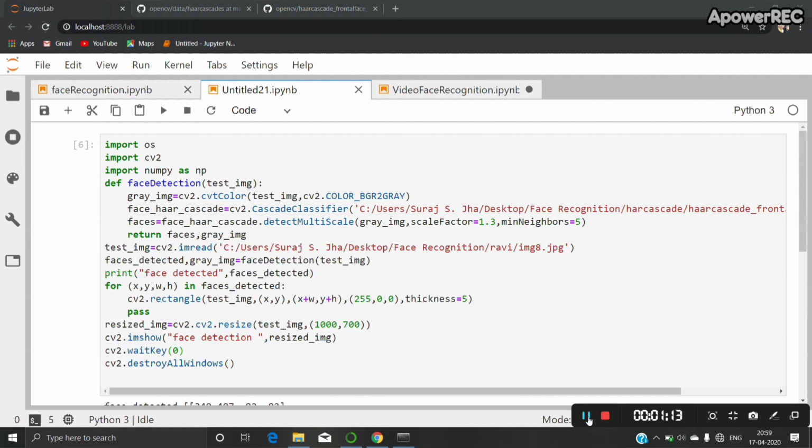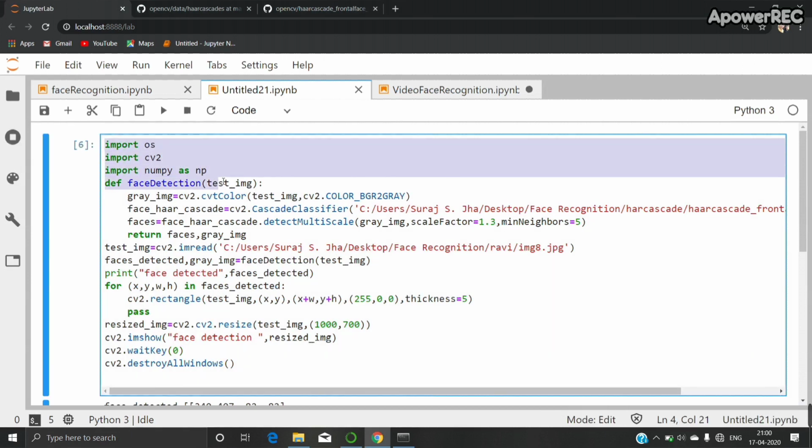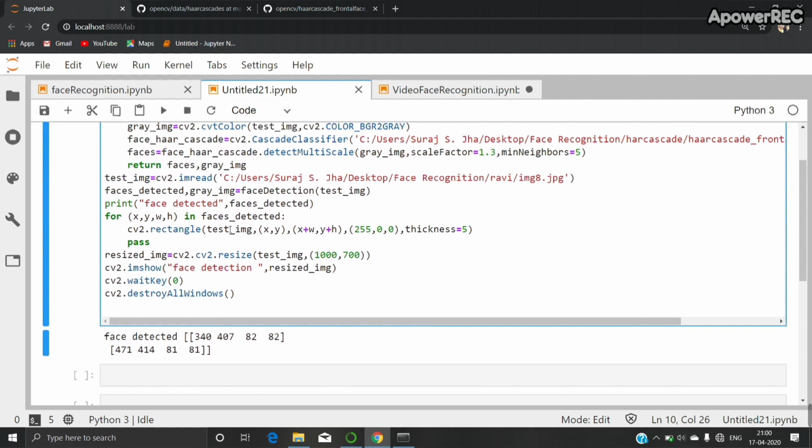For that you have to import the os module, import cv2, and import numpy as np, because whatever face is detected is in the form of a numpy array. Define a function called face detection which will take the image.